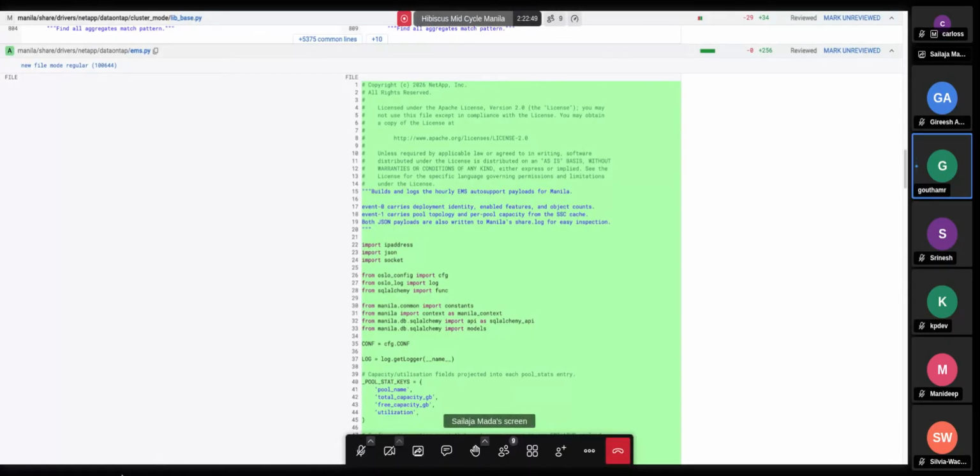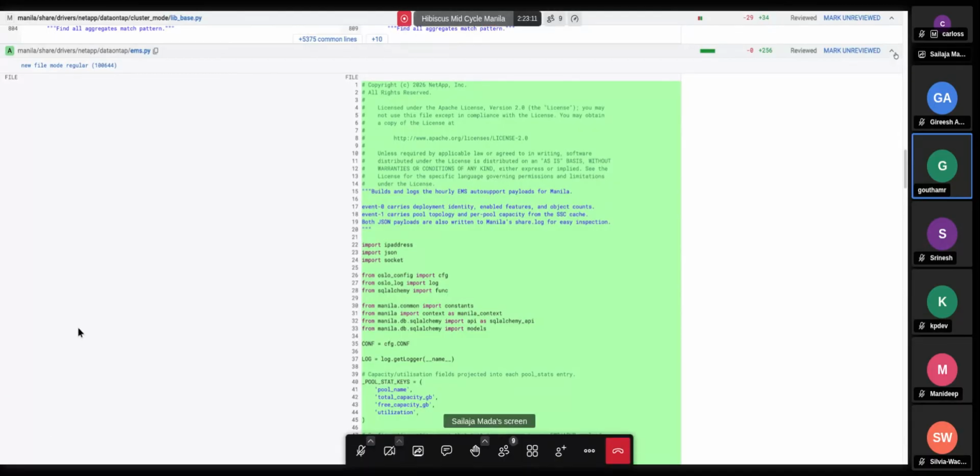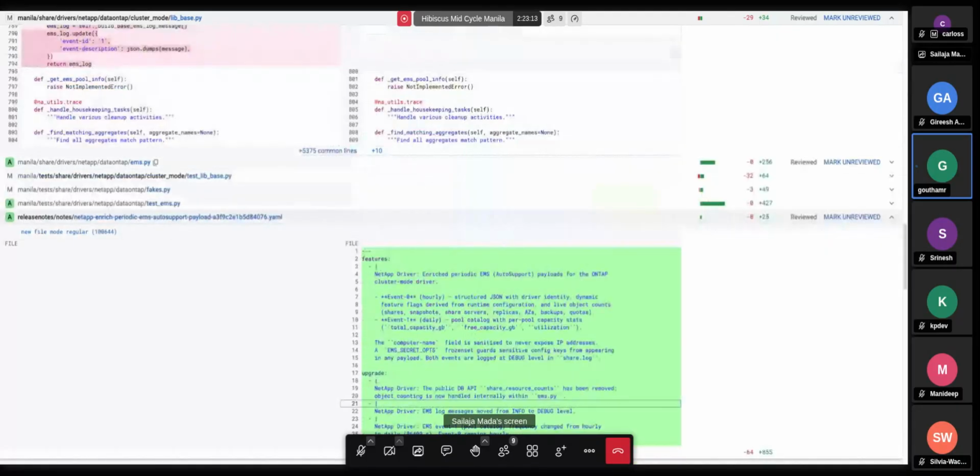And if an operator is concerned, they would use both knobs. They would turn off auto support on ONTAP. They would turn off auto support on OpenStack. Or if an operator is concerned just about OpenStack, they would still have the ability to turn off auto support on OpenStack and keep the auto support on the ONTAP box. You get what I'm saying? I'm trying to give operators the control